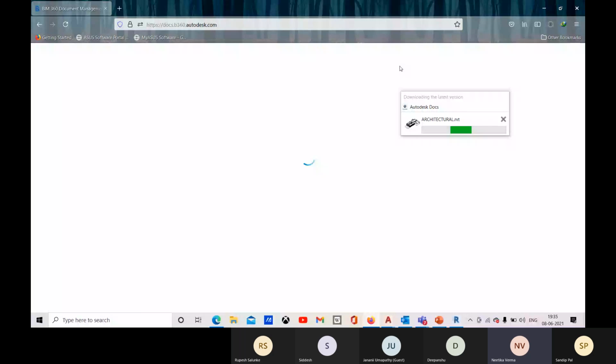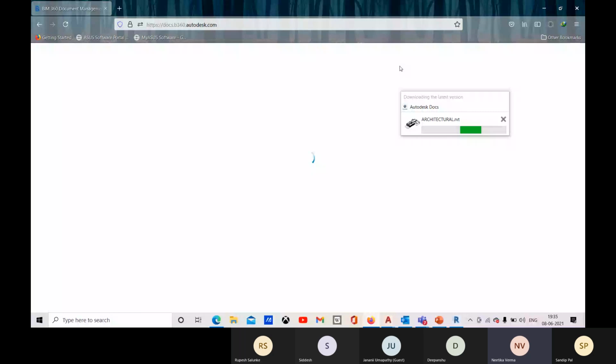I have one question regarding licensing of Revit. Till the time it is opening, can I ask? Yeah, okay, ask me. Before 2019, at least for the student version, Revit used to get installed with a product key and serial number.